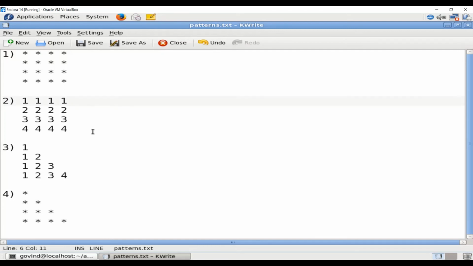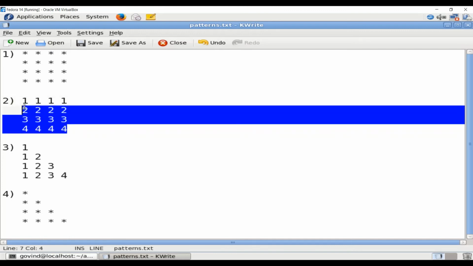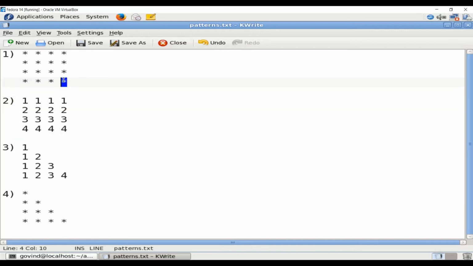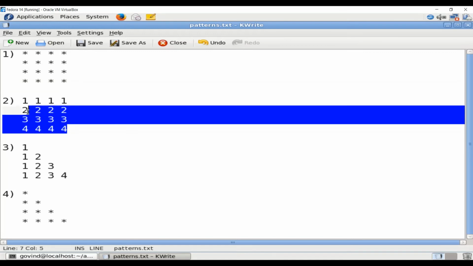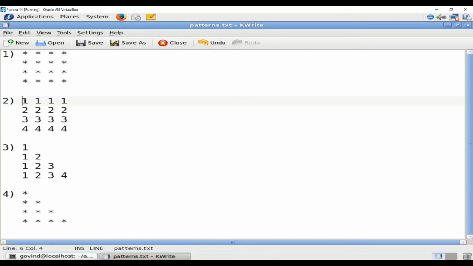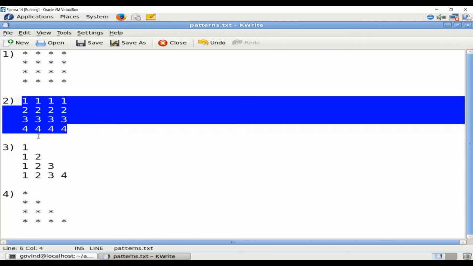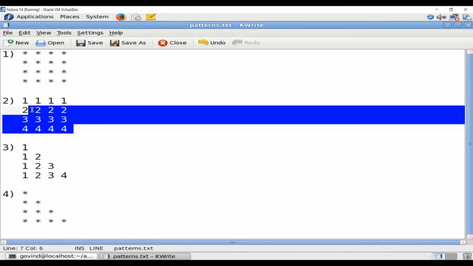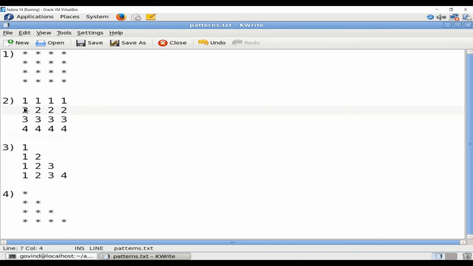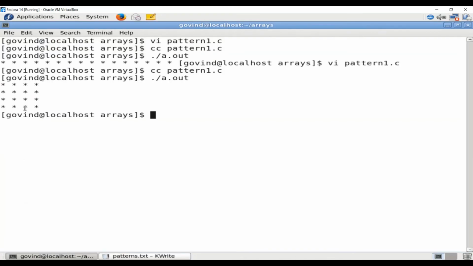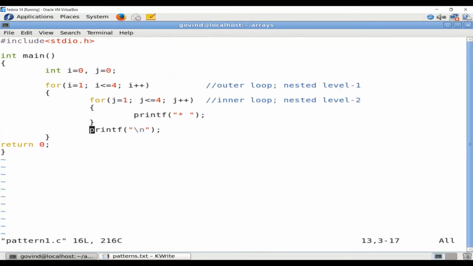The next problem definition is the same as the first, except instead of printing stars, I am supposed to print numbers. In each row I am supposed to print one number. In the next row I must increment that number, same thing till all the patterns are generated, till it produces the output of the 4th row. You might have already guessed, I need not write a separate program for this. I can easily modify this program to make this work.